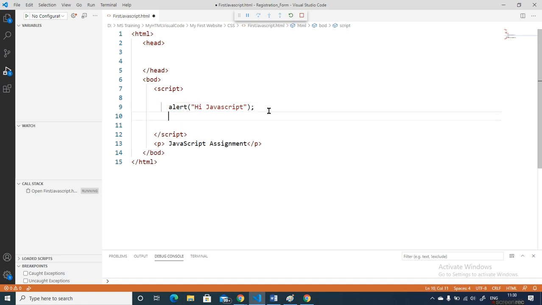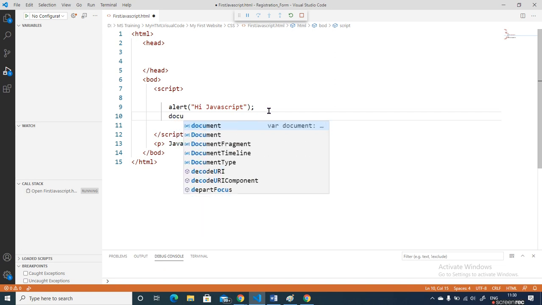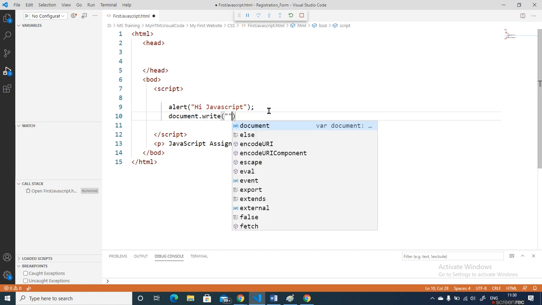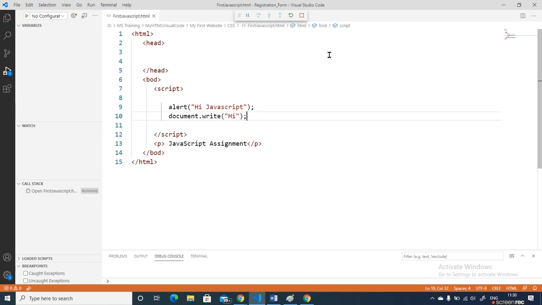So if I say document dot write, hi, and I go here and refresh, you can see document dot write hi. So JavaScript knows that in this document he wants to write something, hi.